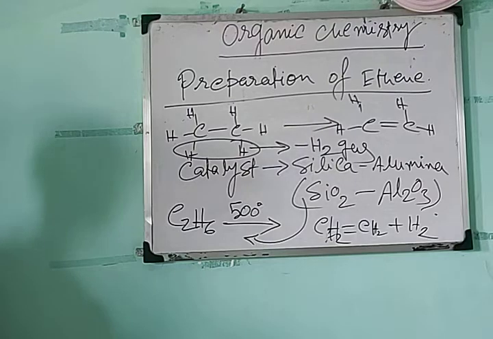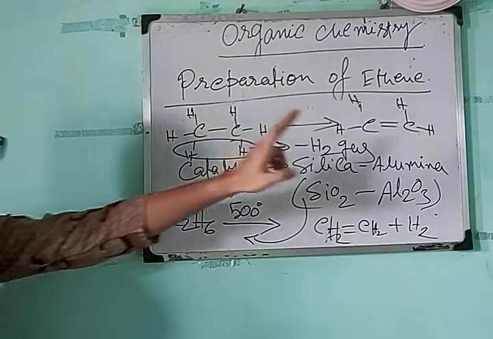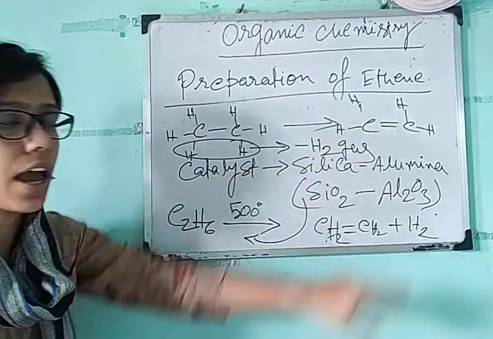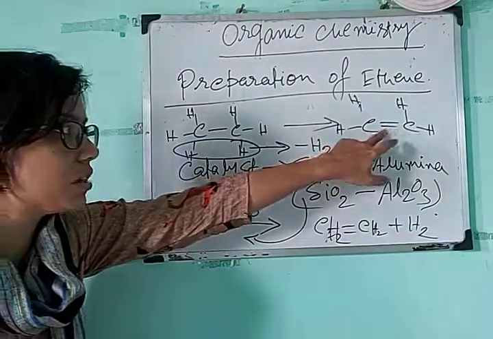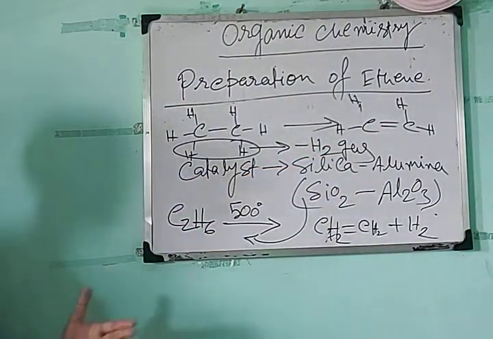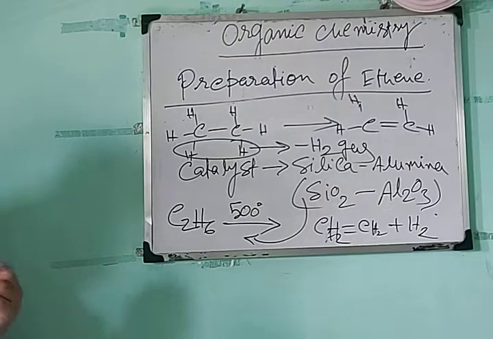So what type of reaction can take place here? Addition reaction can take place. In case of alkanes there were substitution reactions, and in case of alkenes there is addition reaction. Addition to what? Addition to this double bond, because this double bond is weak and can open up easily. So in the next class we will discuss some addition reactions of alkenes.